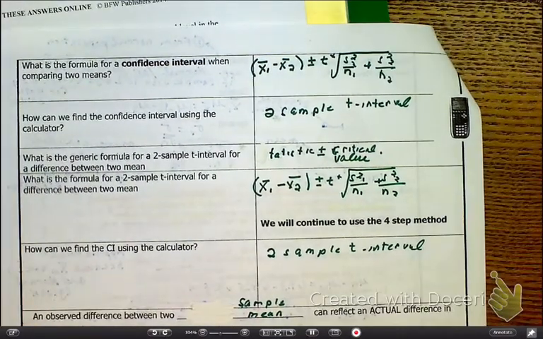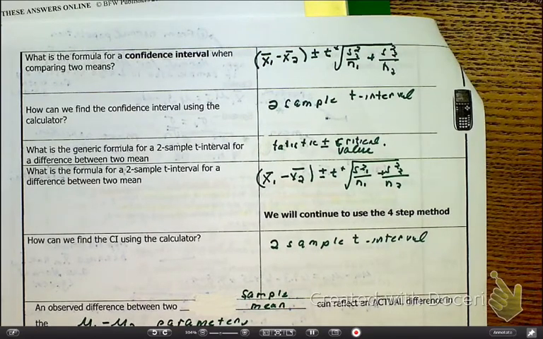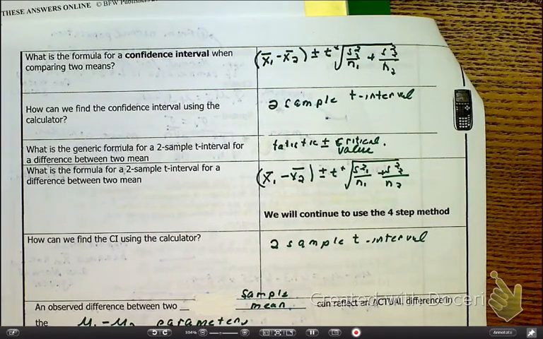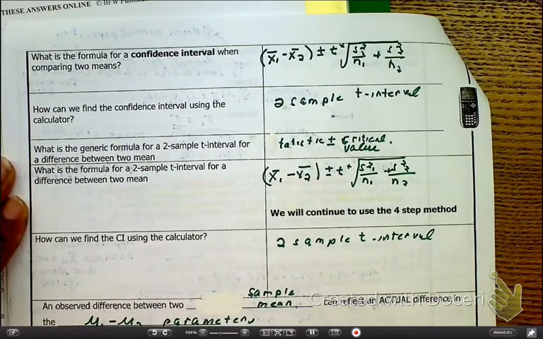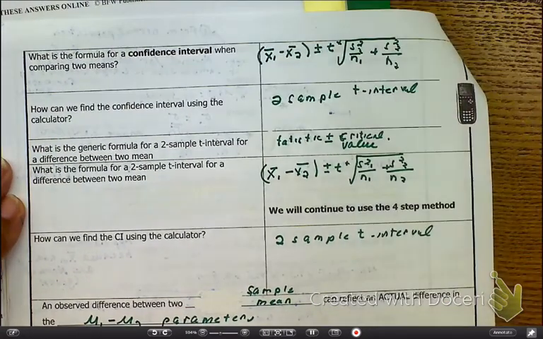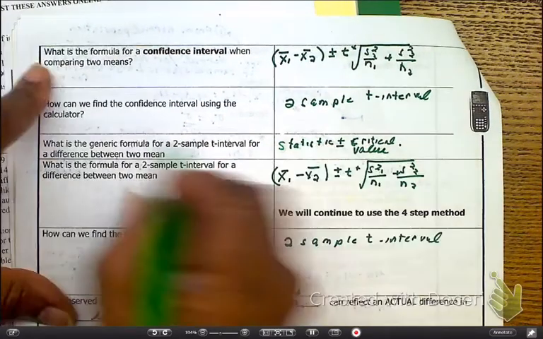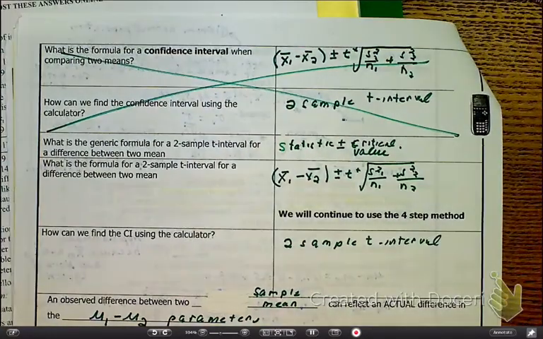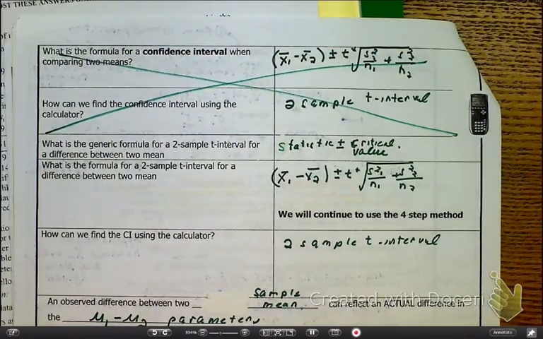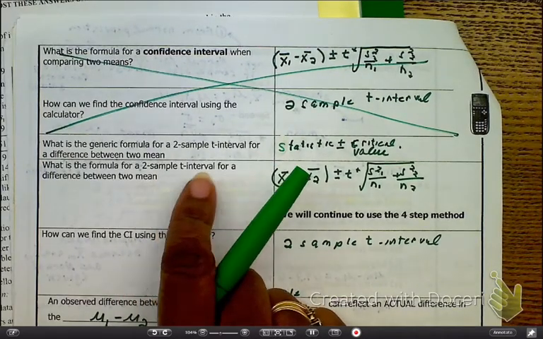Hey guys, I need to give you some notes over a two sample T interval. So turn to page 10 of your notes, and as you do, you'll notice there's a bit of redundancy in them. So let's take the time now to do something I know you'll totally appreciate, and just cross the two sections out. Because my question is, what is the formula for a two-sample T interval for the difference